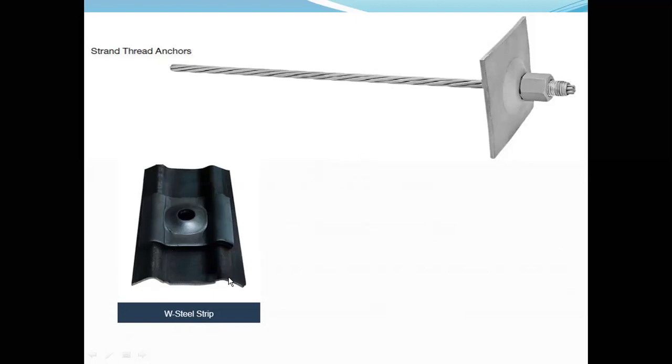Why will we use the W-strap? Because look here, if the excess load comes and I use the flat one, it will be subjected to some kind of bending. It's a flat bearing plate. Here, if I use the W-shaped one, because of this W portion, if the load exceeds, it will become straightened, so it will give enough warning, and it will bear excess load also. It won't fail that easily. So that's exactly the difference between the W-strap steel versus the flat steel bearing plate.